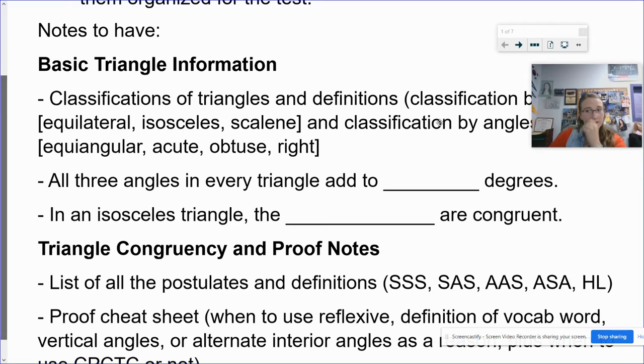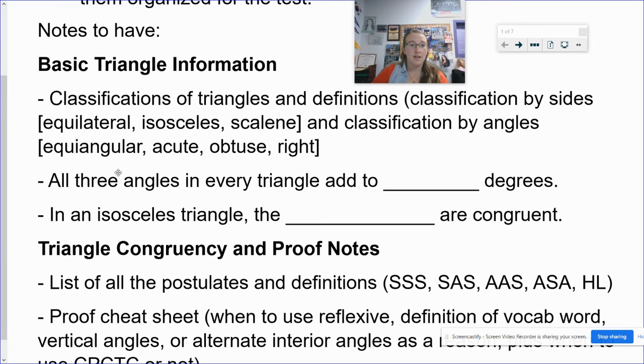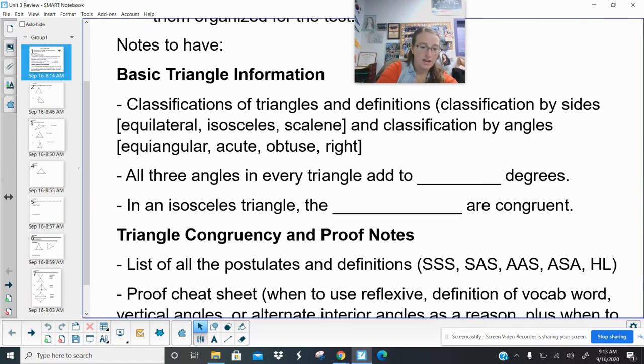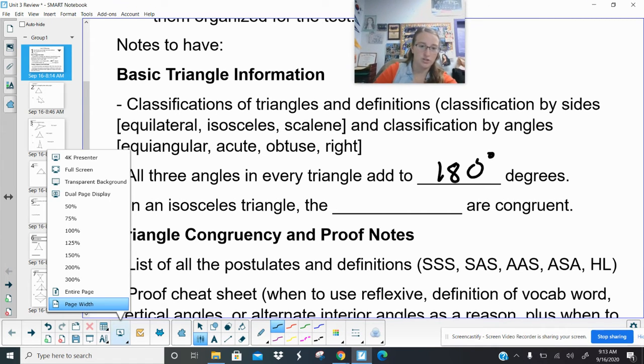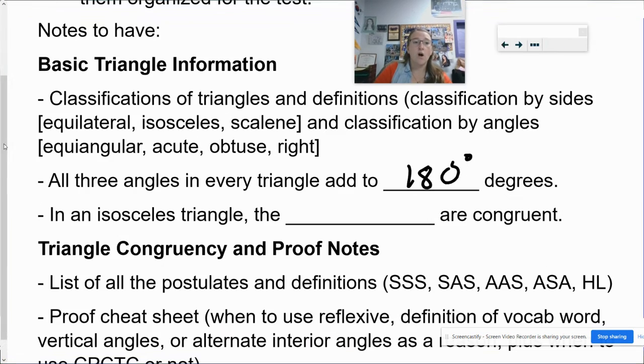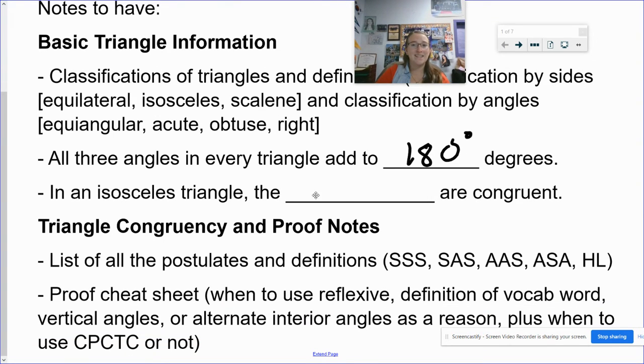You also want to have written down somewhere in your notes that all three angles in every triangle add to what amount of degrees? 180. Every single triangle, all three angles add up to be 180. Now you also want to have this written down, and you might need to add this into your notes somewhere,